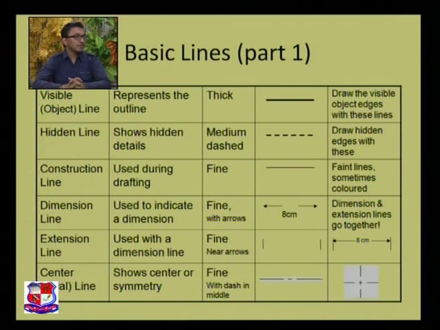First would be the visible line. It represents the outline. Its thickness would be thick. And how does it look? It looks like this line. It is used to draw the visible object edges with these lines. We need to draw the outline of any drawing like this, with a thick line only. Another would be the hidden line. It shows